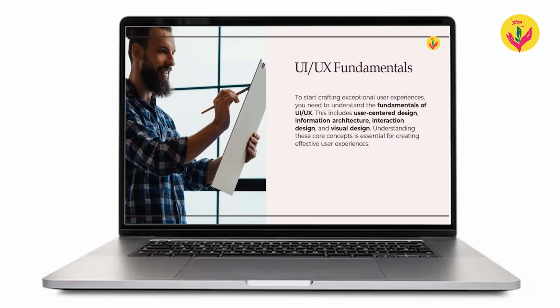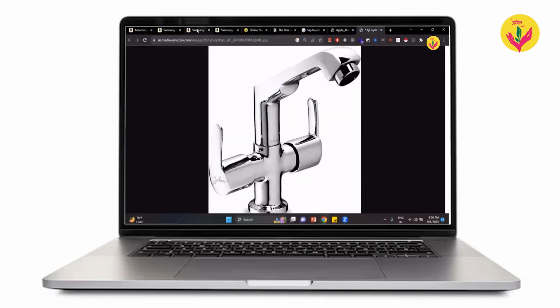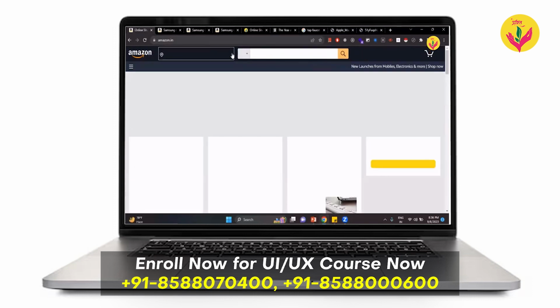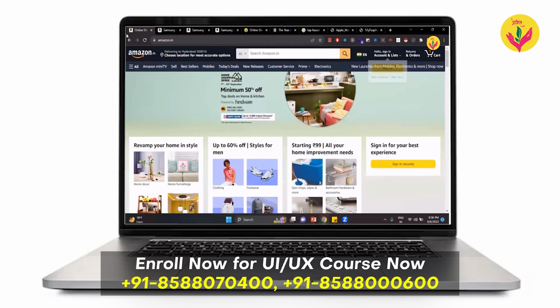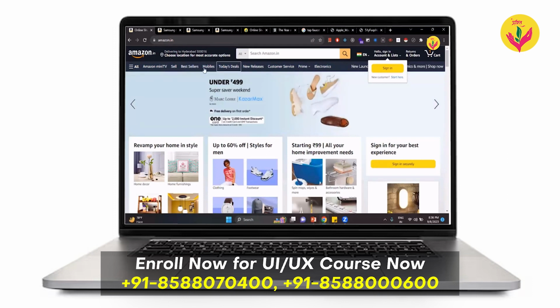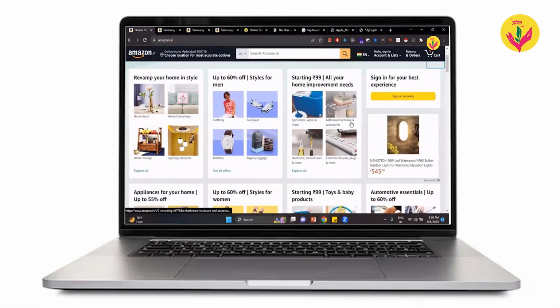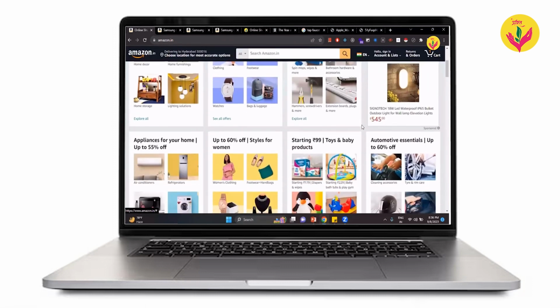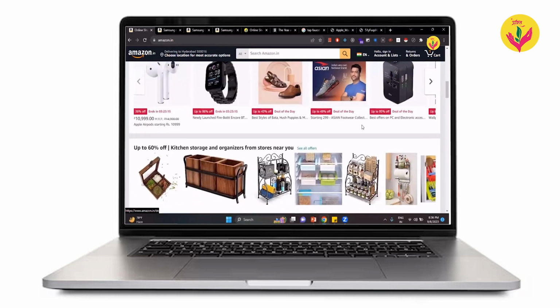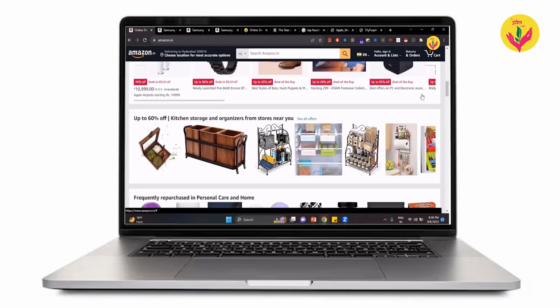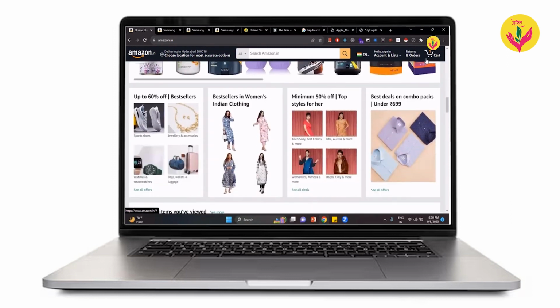Architecture is nothing but, if I take this amazon.in website, see here, the first thing is the menu bar, right? If I'm not wrong, this is called the menu bar and this is called the nav bar. This is called a carousel. And here, what are placed? We call them cards. So this layout is there, right? If I scroll the application, the nav bar or menu bar is fixed over there, right?